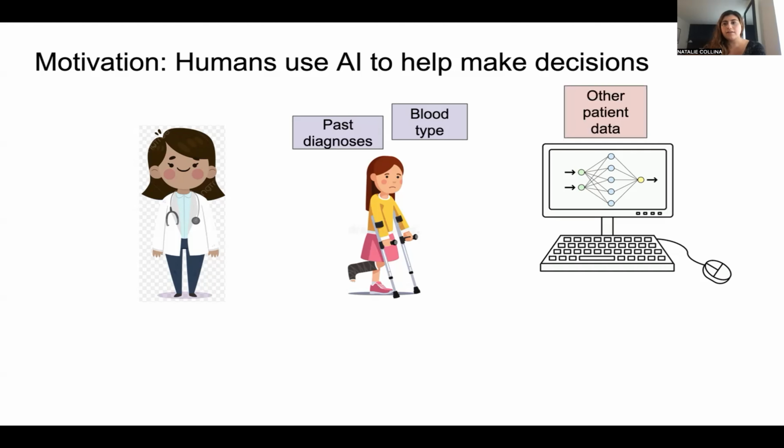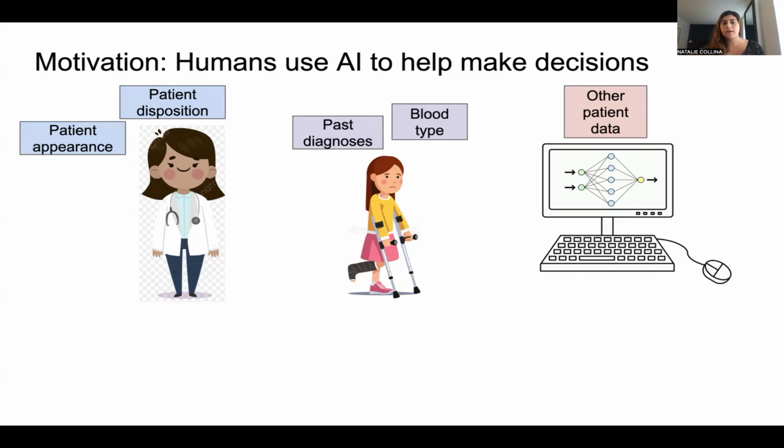But on the other hand, there's some information this AI system has. It's able to aggregate information about other patients and see patterns in ways the doctor might not be able to see. And even if this is a super powered AI system, there will always be some things a doctor can see. They're there in the room with the patient. You know, they can see how they're feeling at the time, what they're looking like now, how they react to pain. So both of these systems have their own expertise that we would like to be able to combine in a useful way.